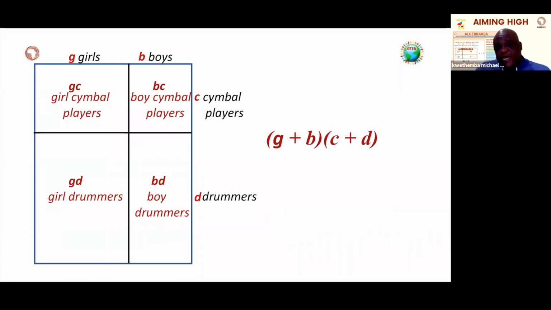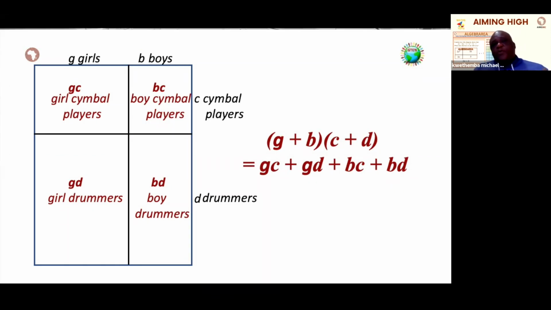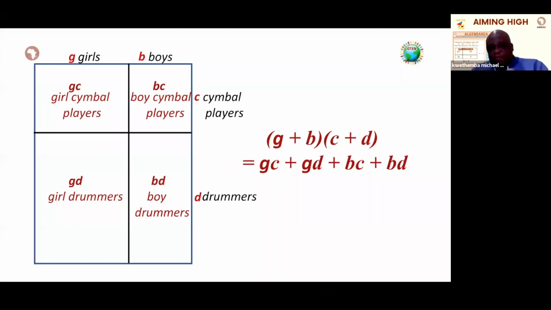So what will be the total area of this whole shape? It will be the product of (G plus B) multiplied by (C plus D). It's actually an opportunity for us to introduce students to variables, or to some algebra, moving from numbers. But these letters, as we said before, actually stand for the numbers which they are familiar with at the